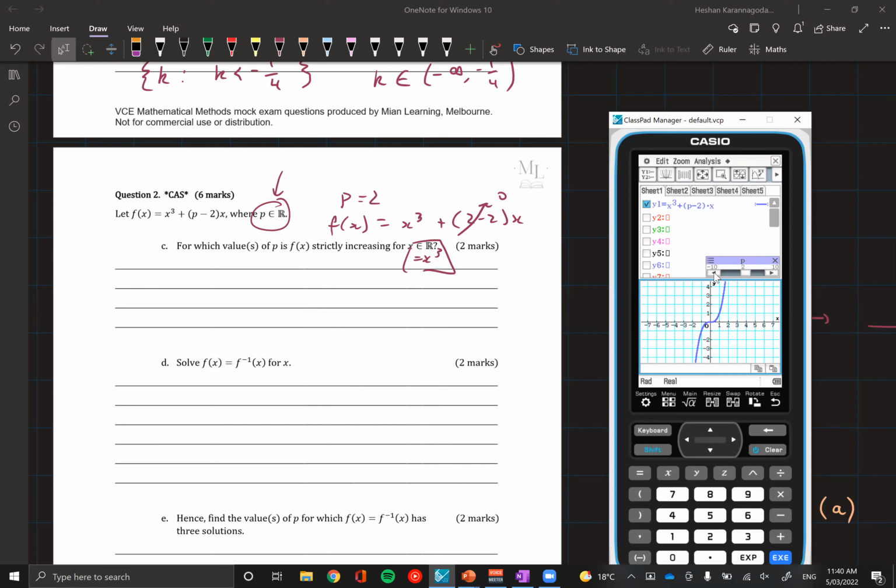Yeah, so I saw when P was less than 1, it's not strictly increasing anymore because you're dipping in the middle, but the P value of 2 from this graph is the point where it gets flat at the middle. So that's the verge of that value to make it flat in the middle. Is that what she means? I'm not too sure.